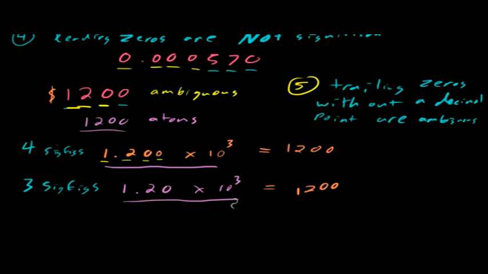For that reason, particularly when you're representing numbers that have trailing zeros and there's no decimal point, it's always good throughout this course, and I'll probably remind you of it at different points throughout the playlist,